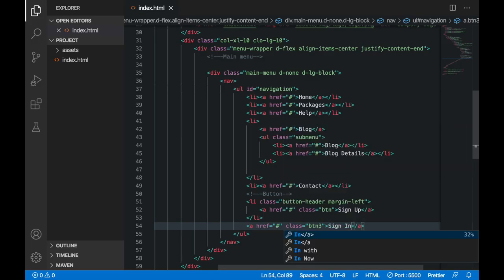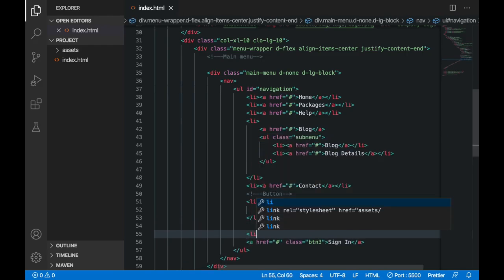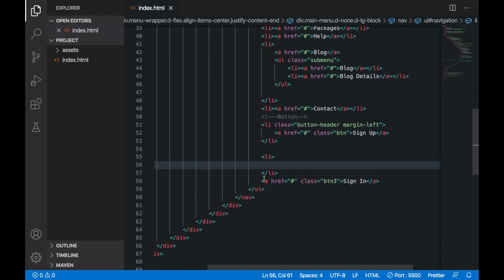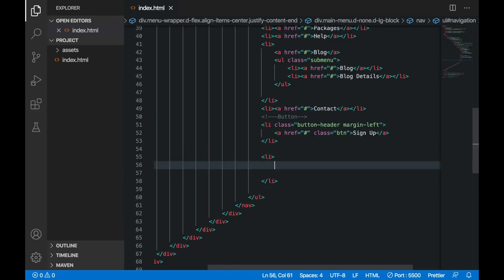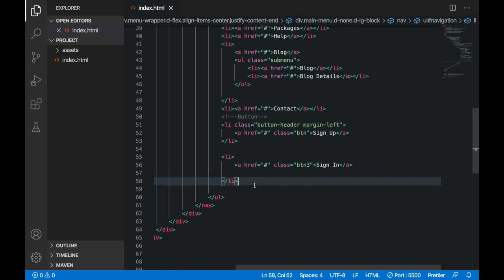Then sign in, it's all right. After this I have to wrap this inside a list item, because we are writing an unordered list here. So I just cut this from here and paste it here, and that looks nice.